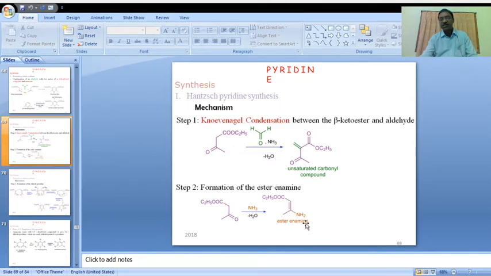In between the ester and amine there is a double bond, enamine. In the first step, we are getting the unsaturated carbonyl compound, and in the second step the ester enamine. These two beta keto esters are changed into these compounds, the products of step 1 and step 2,